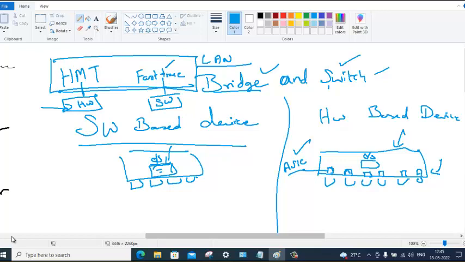So switch is a hardware based device because it has the ASIC chip, which is taking the load off the processor, sharing the load. Whereas bridge is a software based device. The entire load of the bridge goes on one single processor. So it cannot handle too much traffic.